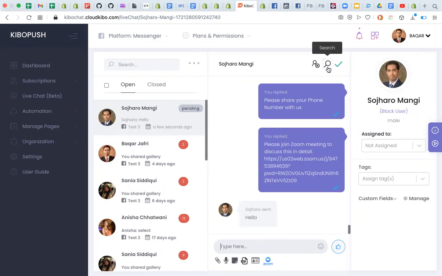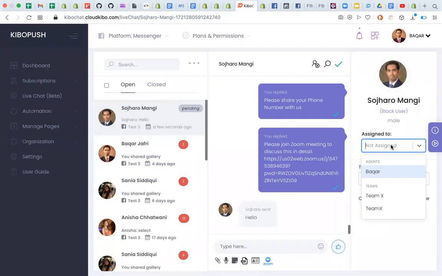And we have the option to search, and we have options to assign agents. So for example, we have teams and a couple of agents in the company account. If I think that this particular agent is suitable for this customer's query, then I can assign this from here, or I can assign this to a particular team. So we can have teams as well, and any agent can be part of any team, or they can be part of multiple teams as well.